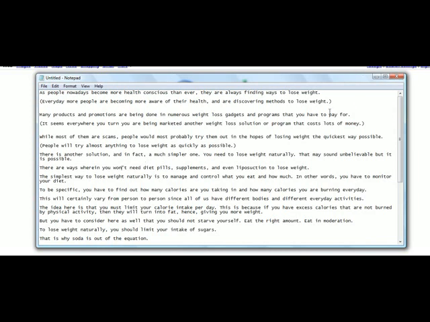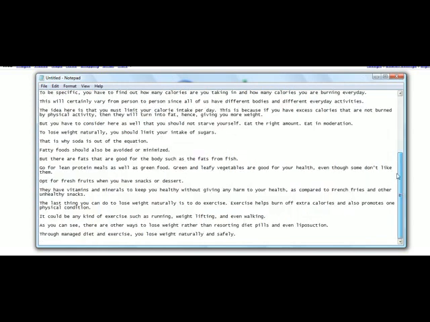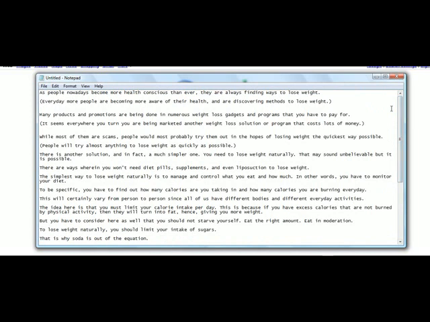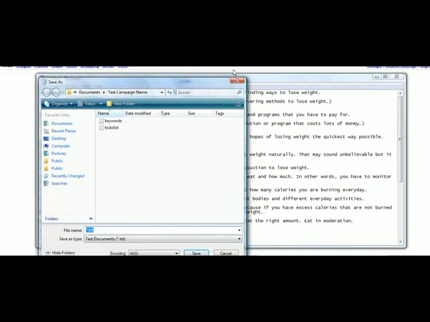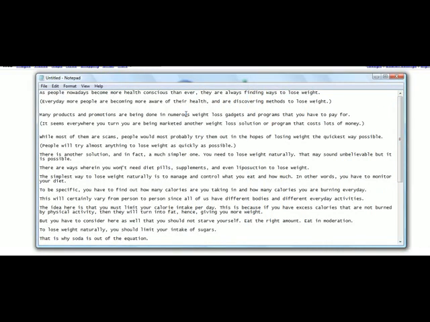Now, there is a software I promised you that I'd show you how to do this that's inexpensive, but again, this is a cheap way to do it. So you just want to go through the whole way and make sure when you're done here that you go to File, Save As in Notepad. I'm using just a Notepad file. You could do this in Word if you wanted to, but just make sure you save this, because it's very important.